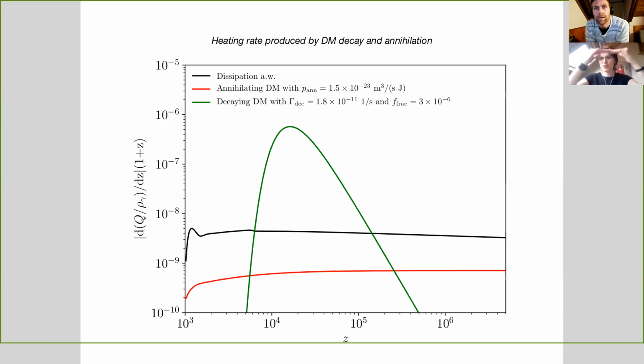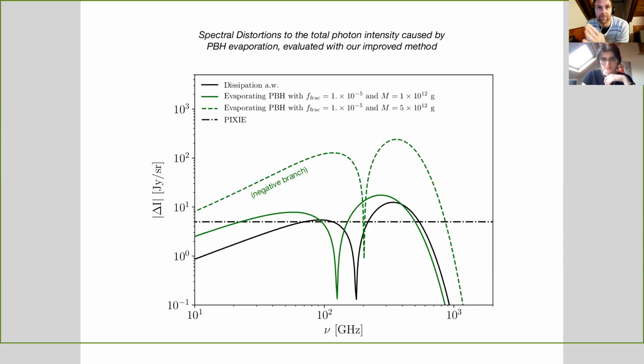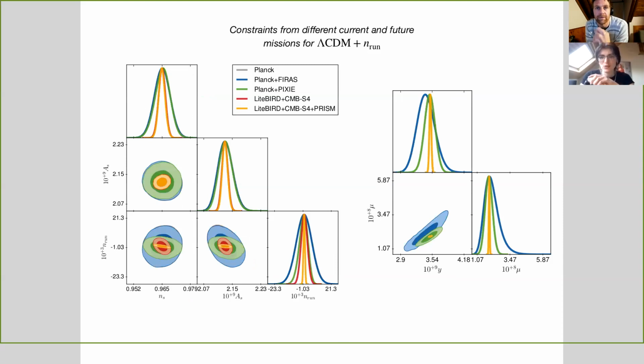So it's not going to produce an overall shift. It's just that this black tail is going to shift up or down depending on the running. And this is something that spectral distortions would be sensitive to, because the running affects the smaller, more distant scales. Exactly. Yeah, which haven't been constrained by Planck and wouldn't be constrainable by S4. Planck is of course limited by cosmic variance on one side and by the scales it can probe on the other side. Spectral distortions really extend this lever arm. They give us several orders of magnitude more in k values that we can actually probe. And this is where the running becomes more noticeable.